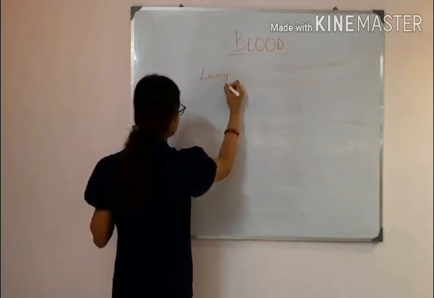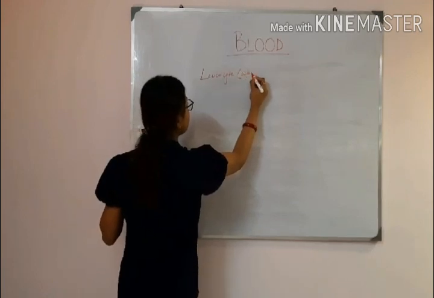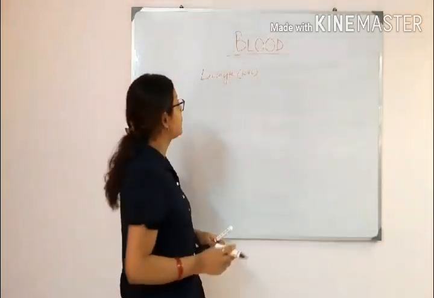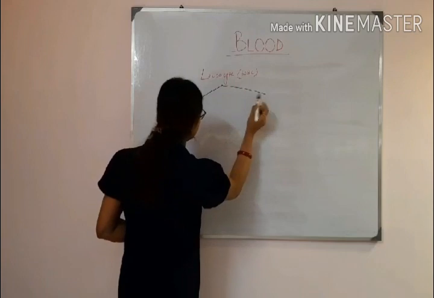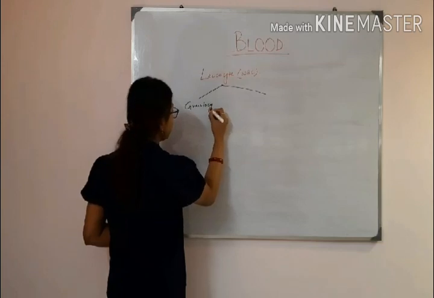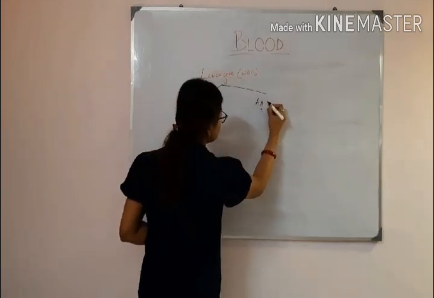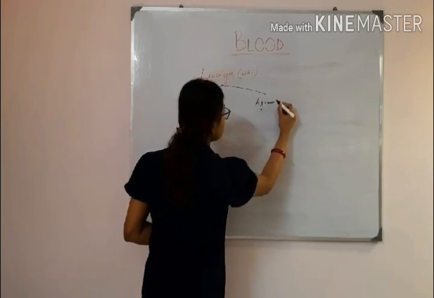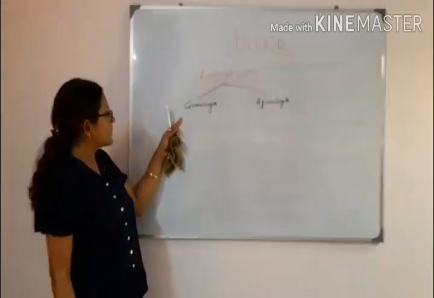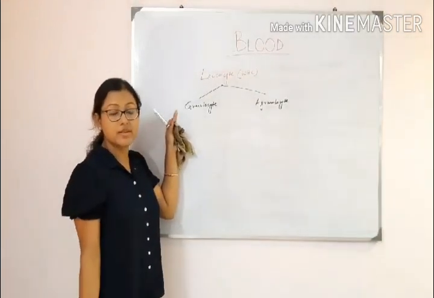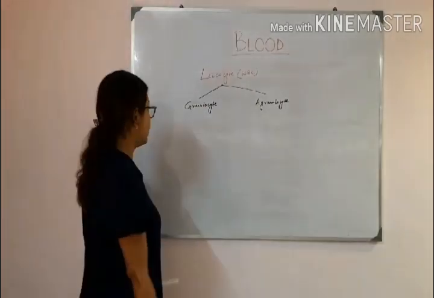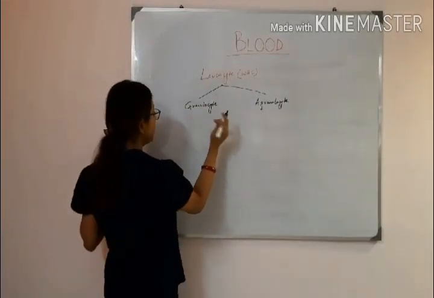Leukocyte or WBC. Okay. Leukocyte is of two types, that is granulocyte and agranulocyte. As the name is suggesting, granulocyte means the cells which contain granules, and agranulocytes means those which don't contain any granule. Now this granulocyte is divided into,